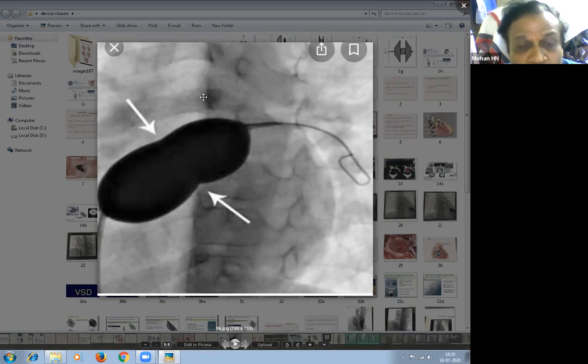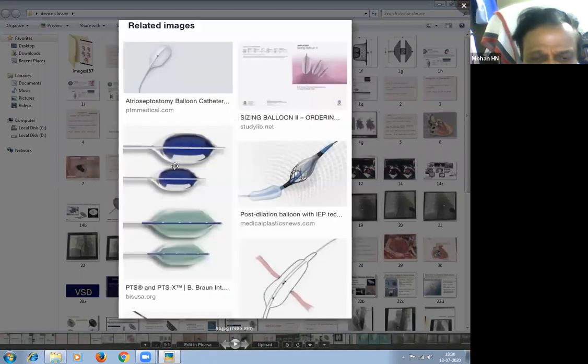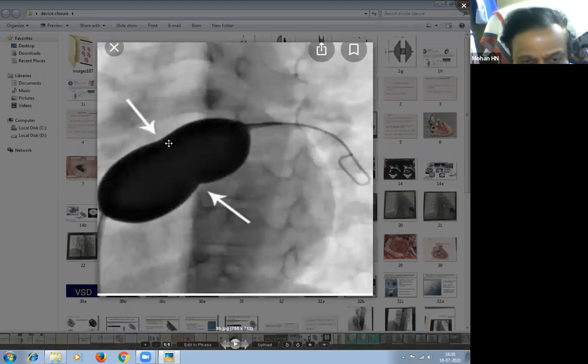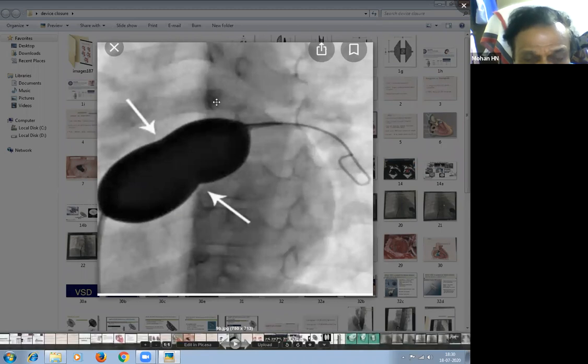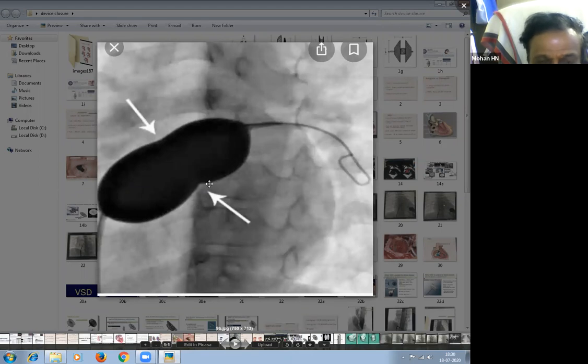So we have another balloon called the occluding balloon. What is that occluding balloon? It is an oval shaped balloon, as you can see here. We will inflate it in the left atrium and pull the balloon across the septum. We will put in the full volume, then slowly and gradually decrease the volume in the syringe. When the inflated balloon slips with a tug in the